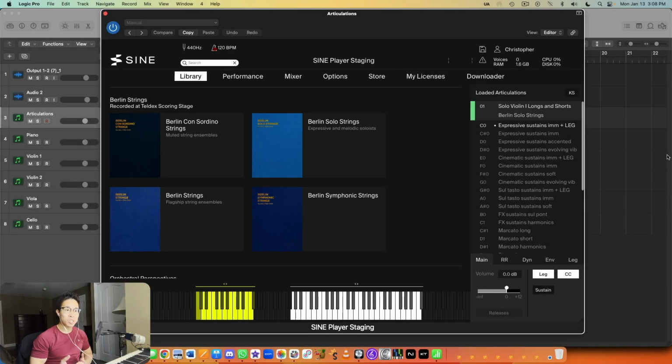So today I just wanted to talk about my personal approach to writing for solo strings, and I'm going to be using the Orchestral Tools Berlin Solo Strings as our library of choice today. I chose this library because it just came out a couple weeks ago, and personally I really love solo string libraries that have a certain aesthetic that fits into the styles of music that I personally